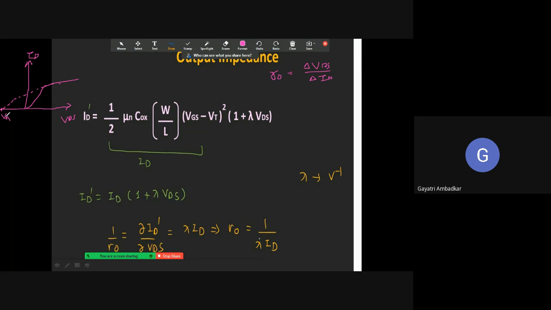It is the same as the early voltage of a transistor, if you have studied it in first year. This is called VA. At this point, I told you that your pinch off point is moving and it becomes a function of lambda. So this VA is equal to 1 by lambda. So if you want to find RO,